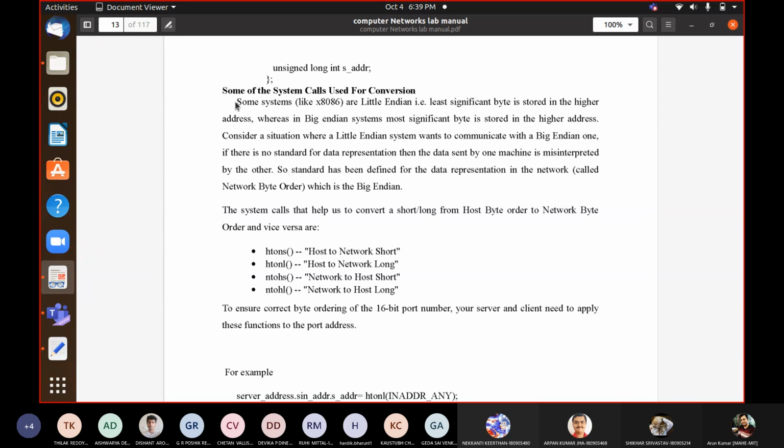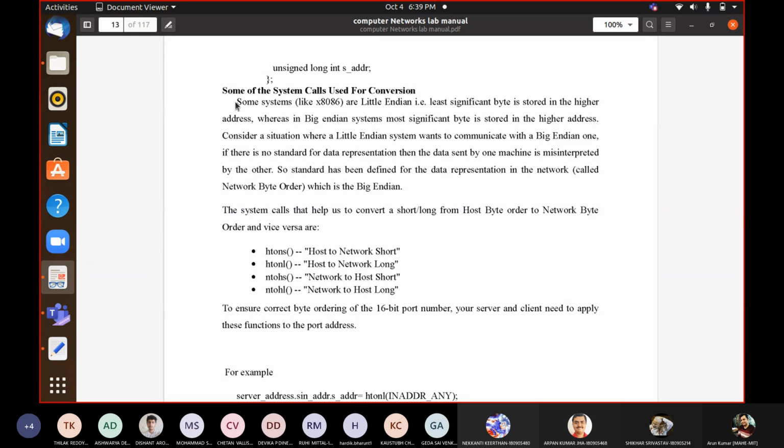If the receiver is little endian, they would reconvert it into little endian, or if it is big endian, then no issues. In the case of the network, we name it network byte order instead of big endian, but big endian and network byte order are exactly the same thing.